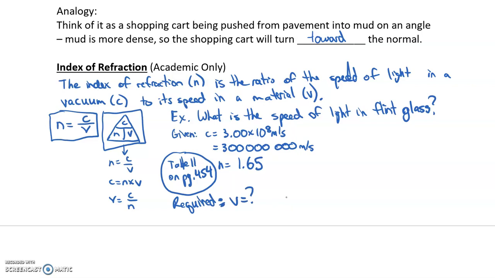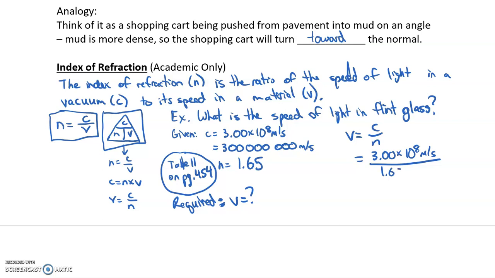Well, how do we rearrange this equation? Well, n equals c over v. That's not in the form we want it, but we have the triangle that shows us how to rearrange this. And in this case, if I'm trying to find v, if I block v out on that triangle, then I have c over n left. And so it's 3.00 times 10 to the 8 meters per second